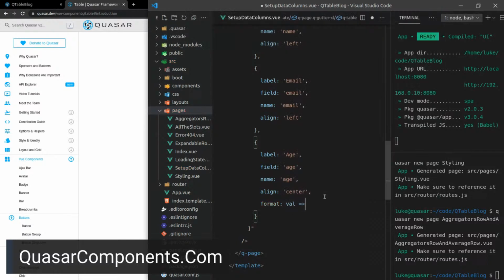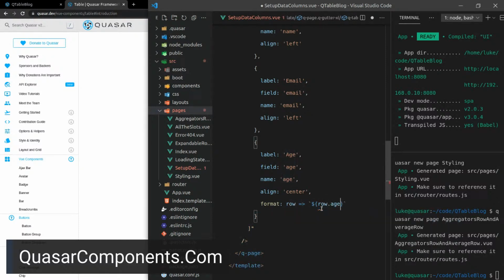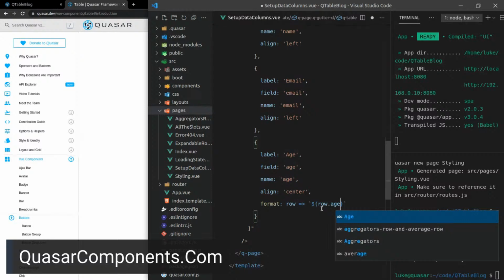We'll take in the value and then we'll spit out that value. Let's change that from value to age. Age, or does that give me the row? I think that might actually give me the row. So let's say row.age, and then we can say here years.